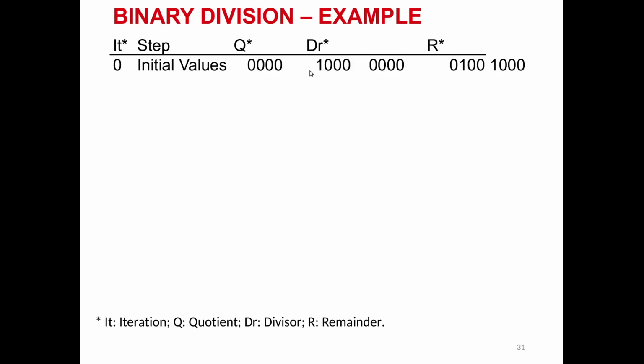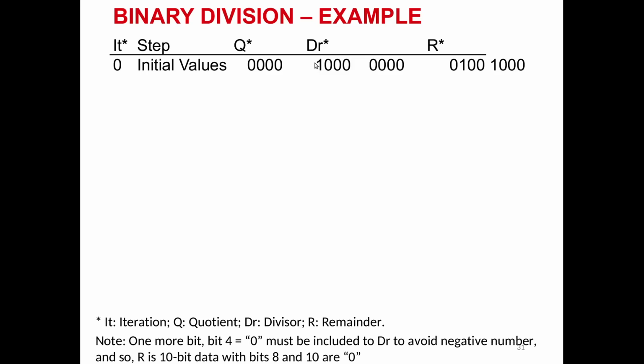so it is not 8. In order to make sure it is 8 in binary, we need to add one more bit here to make it 0, 1, 0, 0, 0, so it will be 8 in decimal. It will make no change to our hardware because in fact in our hardware we have 64 bits for dr, or at least we should have 8 bits for dr, and so we can add many more 0s in front of this. But for simplification, I will add only one more bit here.